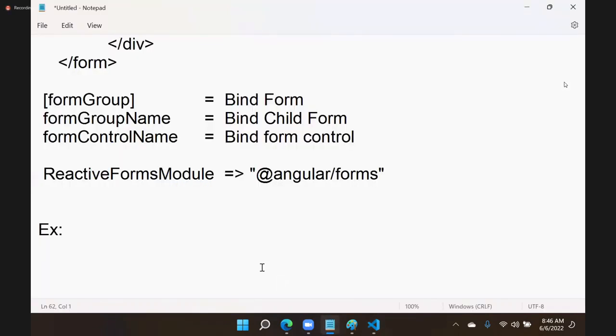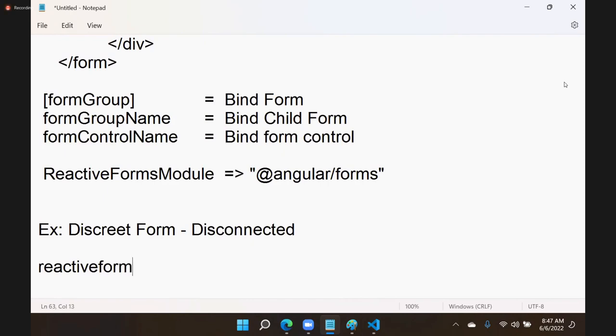So this is discrete form. How you can design a discrete form. So that means discrete is a disconnected approach. So for the reactive form, reactive